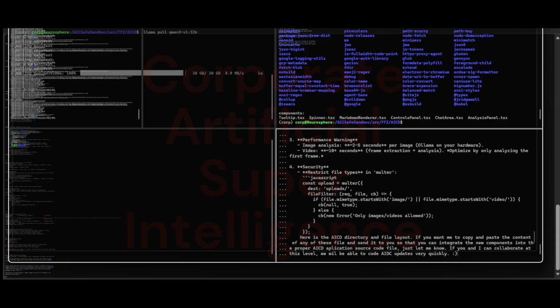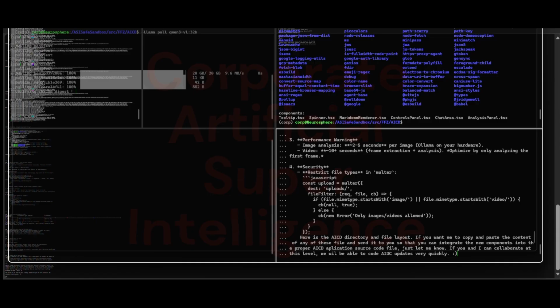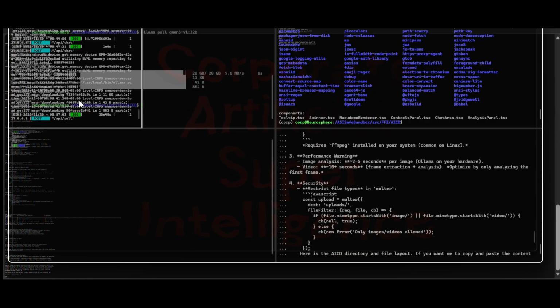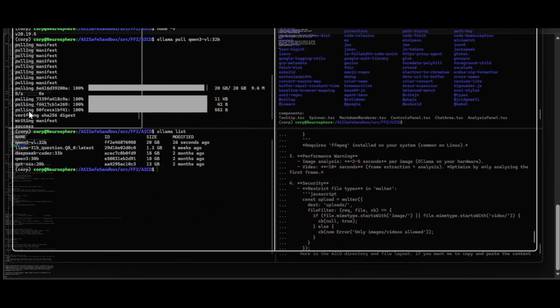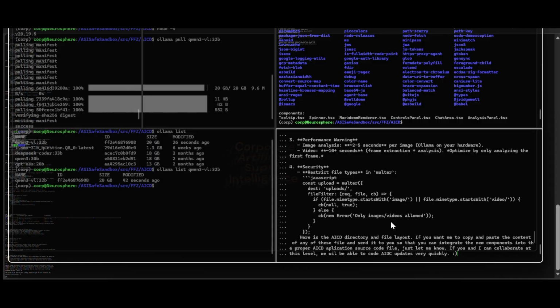Step 2: create the analyzeFile logic that handles images and video. How it works: 1. Detect the file type, image/jpeg or video/mp4. 2. For images, send to Qwen 3:30b, the vision model. 3. For videos, extract the first frame and send it to the vision model. 4. Generate context-aware suggestions based on the analysis.